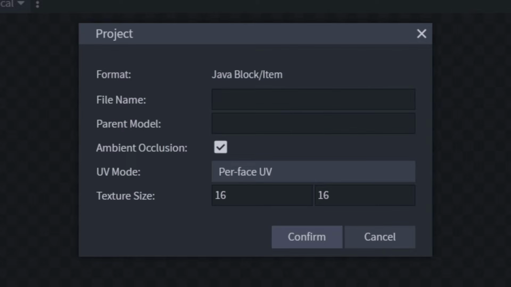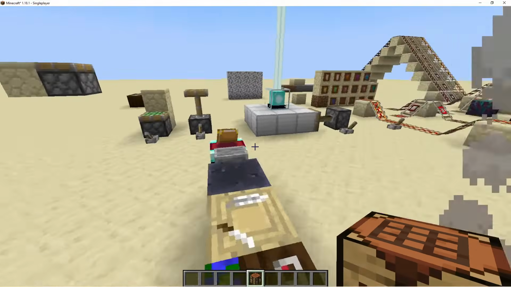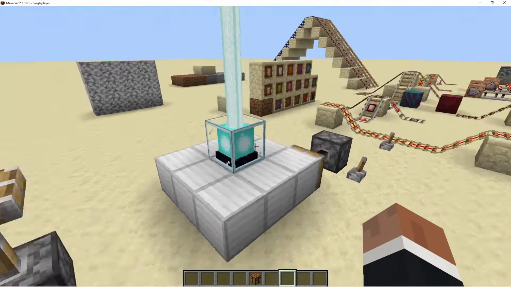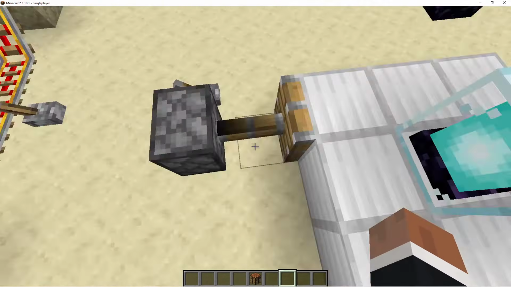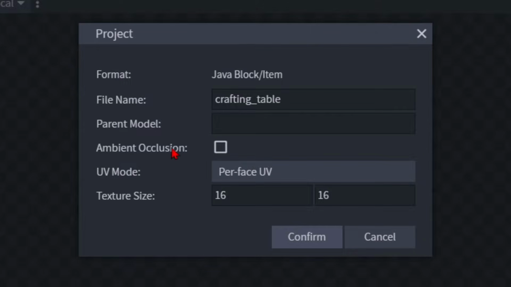So we're going to be replacing the crafting table model, so we can name this crafting_table. Leave everything as is because the texture is still 16 by 16, and we're going to untick ambient occlusion because in some cases ambient occlusion can rather make the model a little more ugly. For instance, this piston just has this random dark splotch on the back, so we can leave this off, and now we just press confirm,